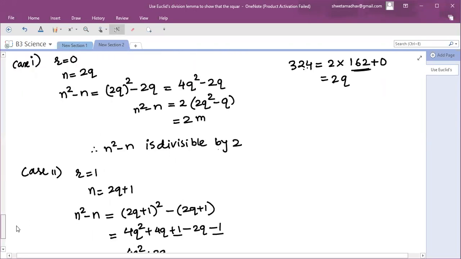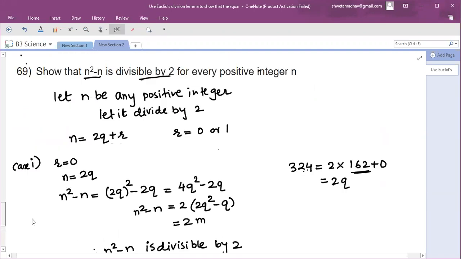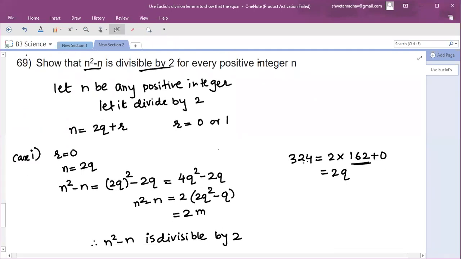Ma'am, in the 71st question, what exactly do we have to do? Do we have to do the first part or the second part? Both of them are the same. The solution is the same for both questions. 3 consecutive integers, you can either take as n, n plus 1 and n plus 2, or n minus 1, n and n plus 1. So in the second term, n cube minus n is there. You can take n common. Write that in product form.